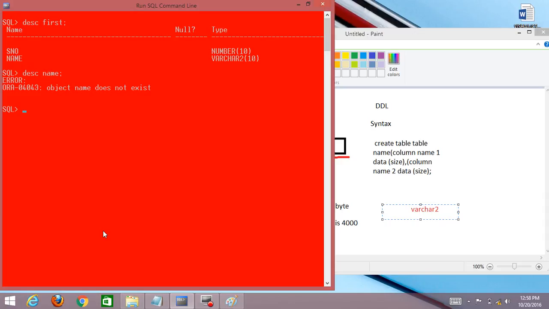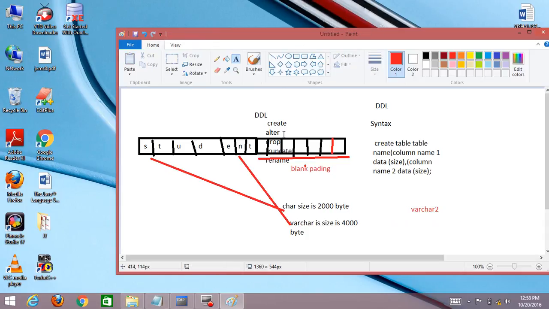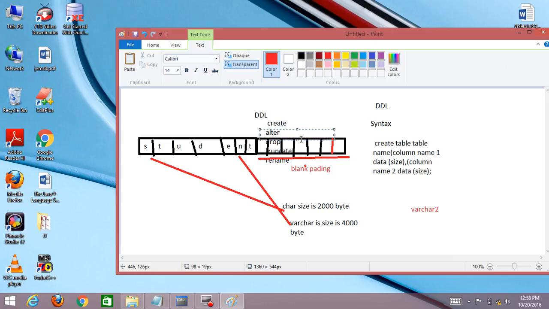Now I am going to define another command used in ALTER. ALTER is very important for things like insert, add, change. It is used for changing an existing table structure. Now let me define it. What is the ALTER command?